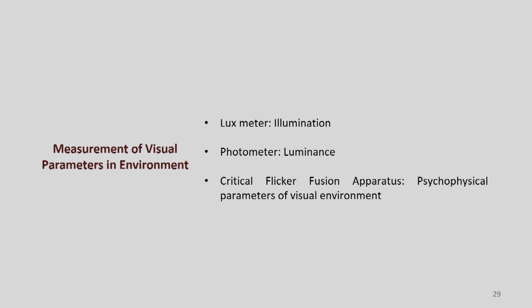So, today I thought of discussing all those things. Now, these are the measurement instruments. The lux meter, I think I explained this in the very first few lectures, maybe the first week lecture, on how we measure lux illuminance. So, that is the lux meter, photometer, and we have the critical flicker fusion apparatus to understand the flickering of the light and all those things. And this is again a very important book which you should refer to while studying all these varieties and this type of assessment of the visual environment.